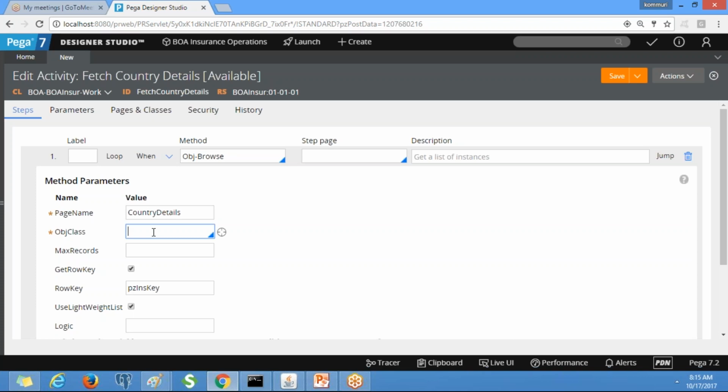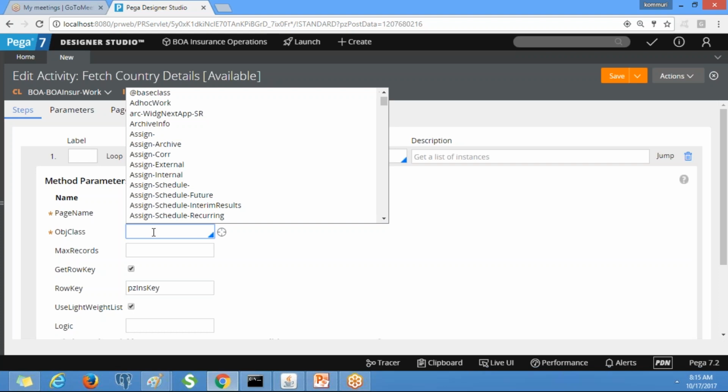In which class do we have country details? The data class, exactly. The complete data class name is BOA-BOA insurance-Data-country details. All the classes will be available under the drop down.